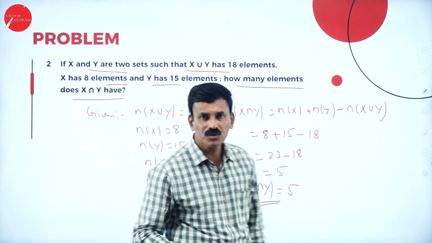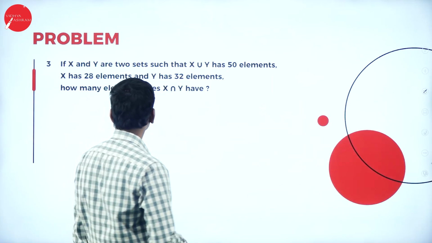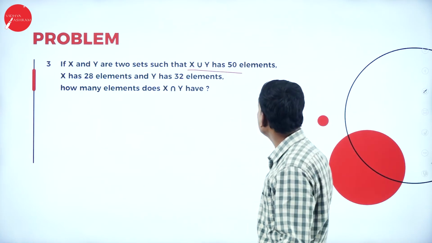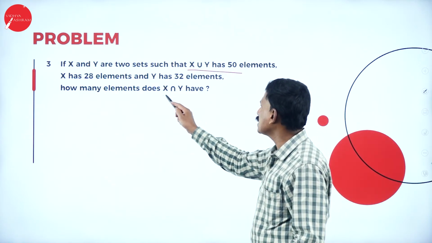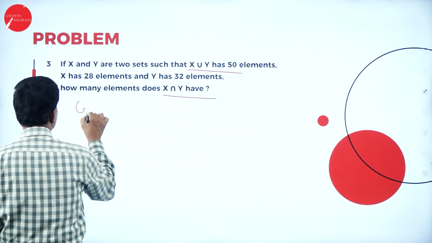Okay, hope you followed. Now let us come to the next problem. If X and Y are two sets, same type problem, X union Y has 50 elements, X has 28 elements and Y has 32 elements. How many elements does X intersection Y have? Same type problem. What is given? Now given that,